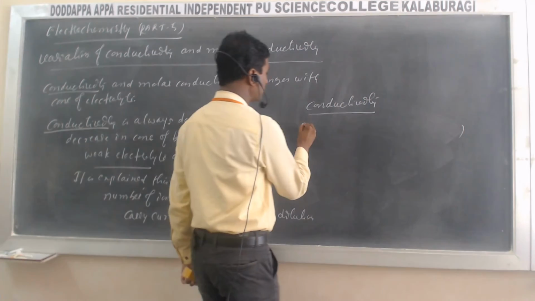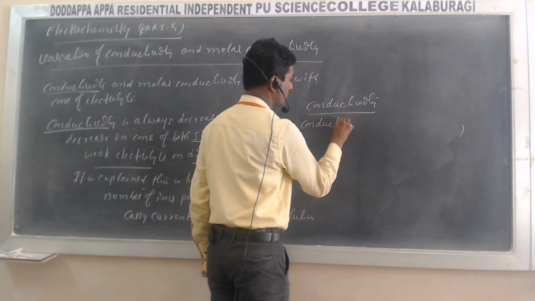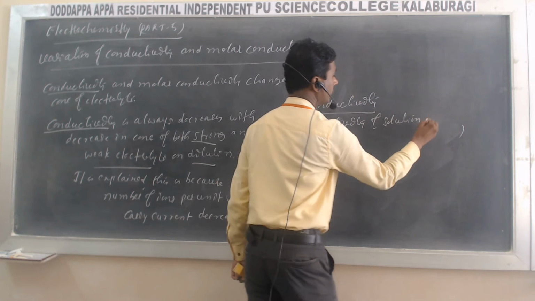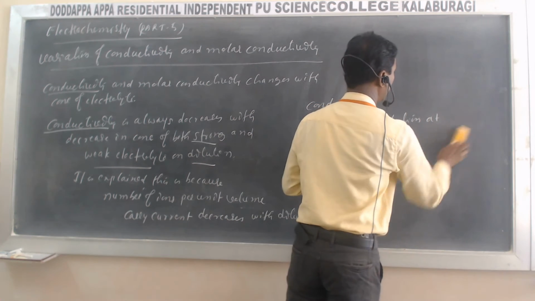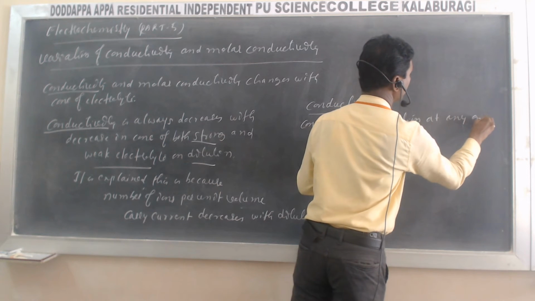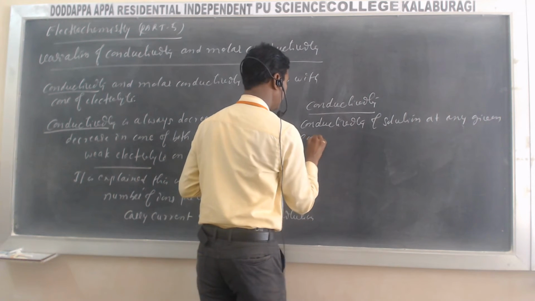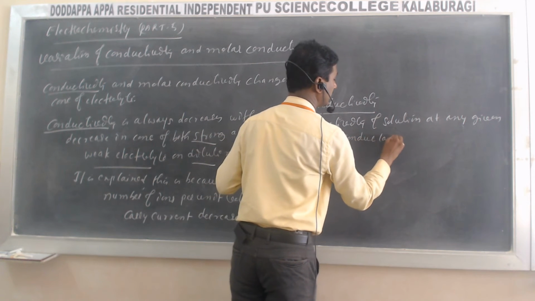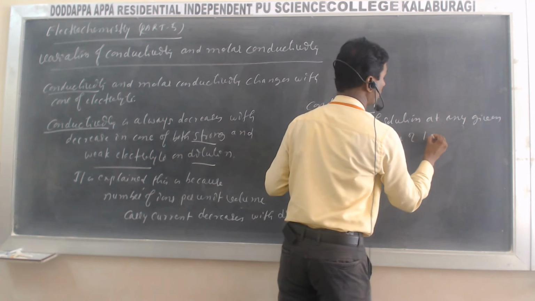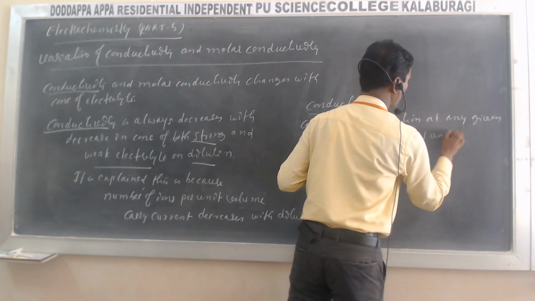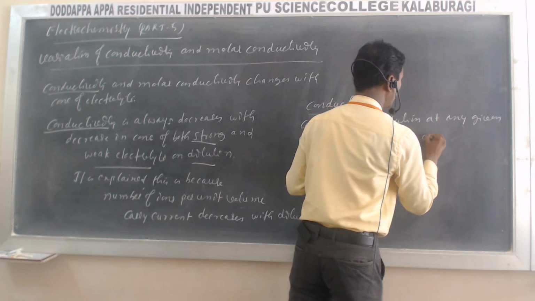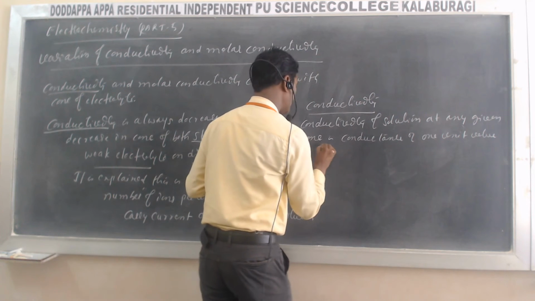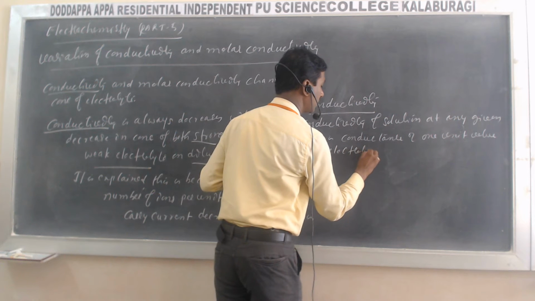The conductivity of a solution at any given concentration is the conductance of 1 unit volume of electrolyte placed